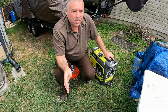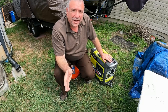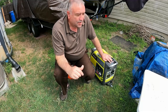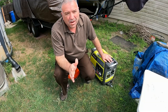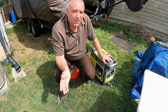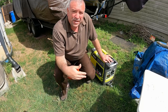Run time on this, it only takes a gallon of gasoline too. Run time on it was about 11 hours, provided I wasn't pulling, say, a full load. I think they rate that at half load, so roughly at half load, about 11 hours of runtime. I was almost maxing it out, which gave me about 5 hours runtime. So every 5 hours, I'd have to come stop it, put another gallon of gas in it, and restart it,